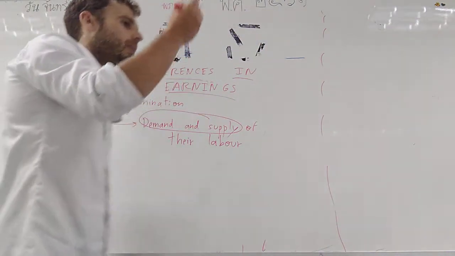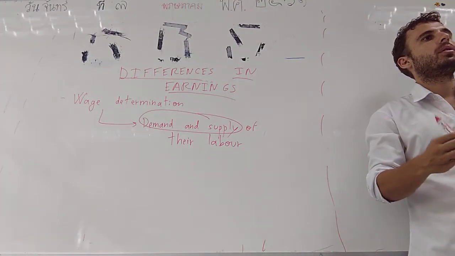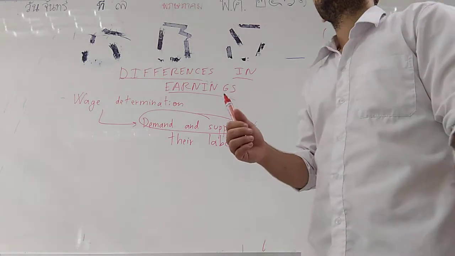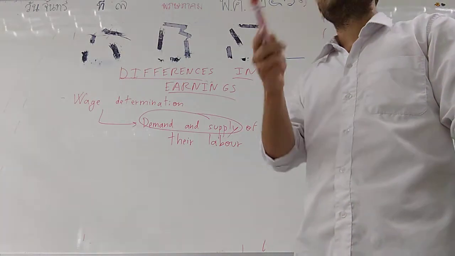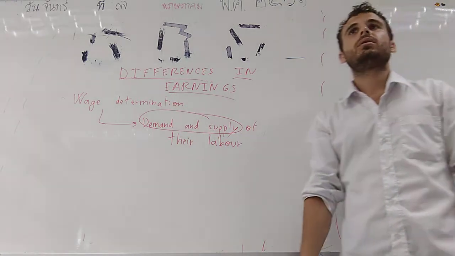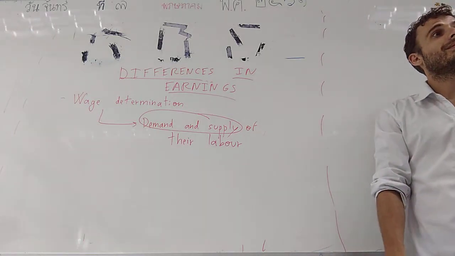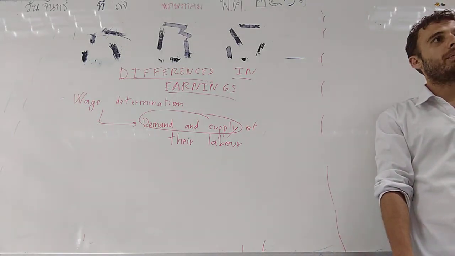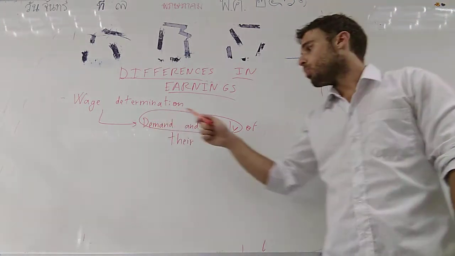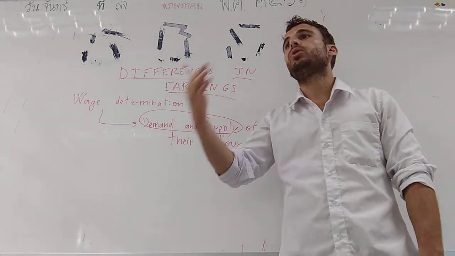So we have to say why the salary of doctors is so high. Who can reply to that question? Exactly. So if it's hard to become a doctor, it's going to have an effect on the demand or on the supply. You will say what? Supply, but do you know why? Okay, demand for work is companies. Supply is workers. Remember, the supply of labor is the potential workers.